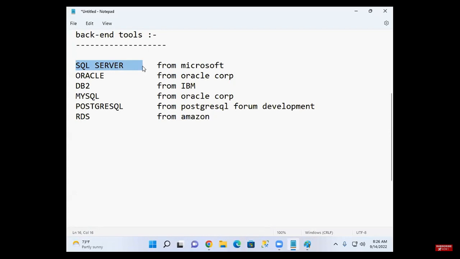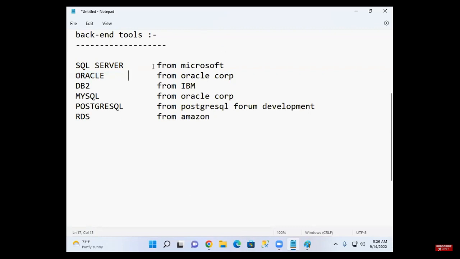Then you go to some company, and in that project they're not using SQL Server. They use Oracle. Then can't you work with Oracle? Yes, you can, because Oracle also uses the SQL language. Whatever you learn here, the same thing will be there in Oracle also.